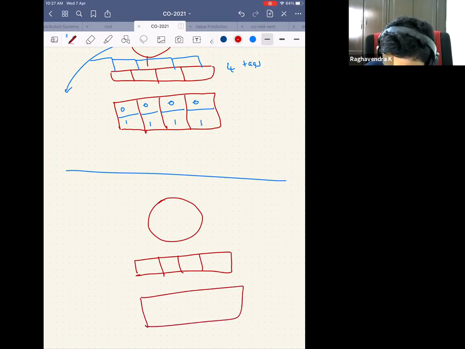Anyway, now I will not be writing offsets. I am assuming that each block is made up of 2 bytes here. Now what I will do is group this as set 0 and this as set 1.